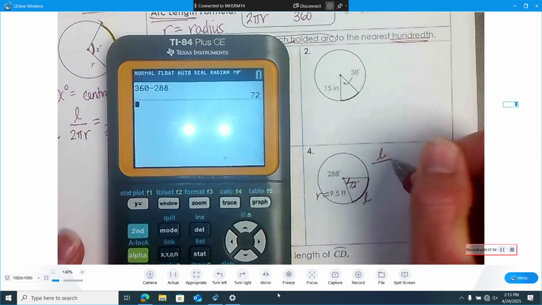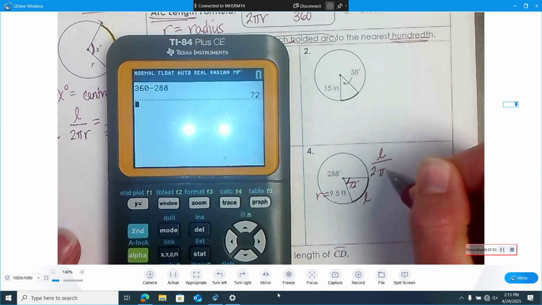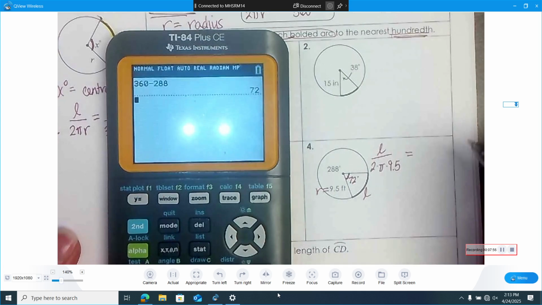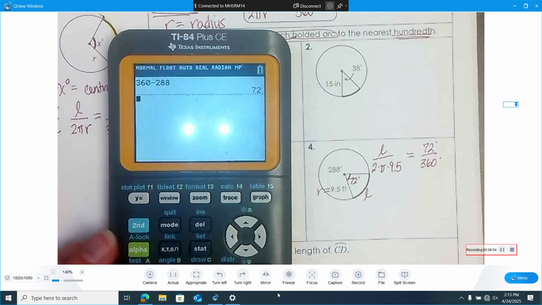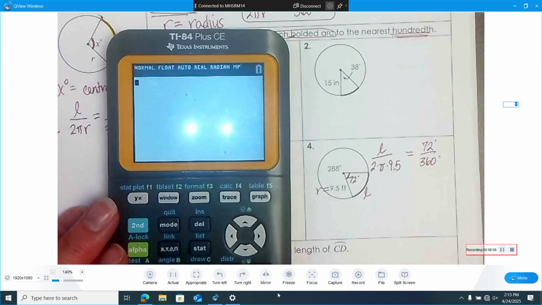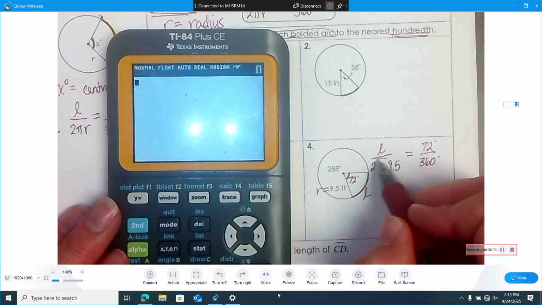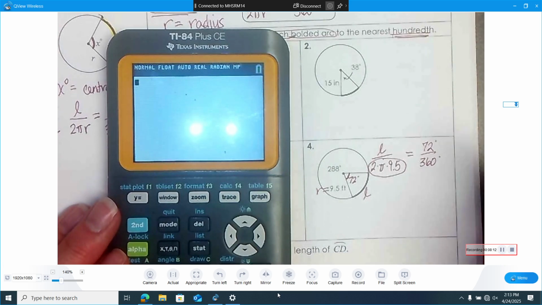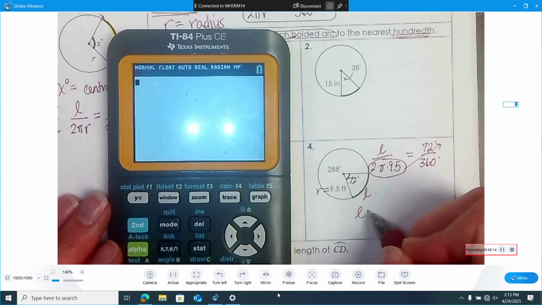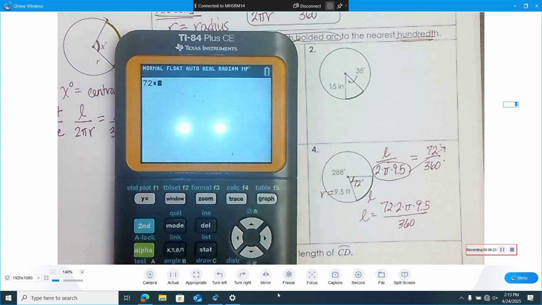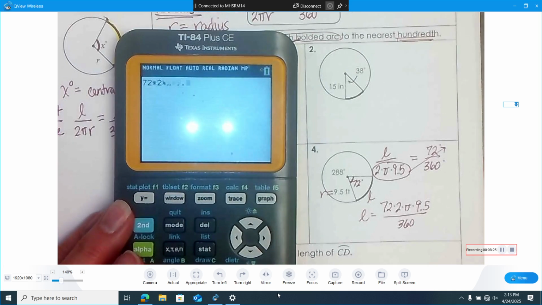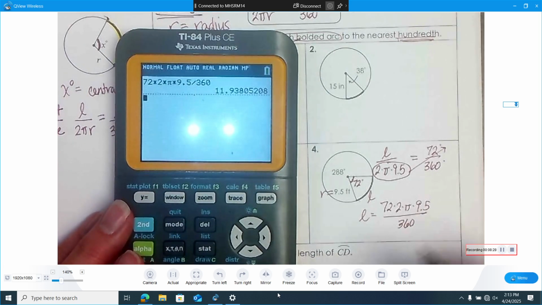All right, so I've got L over 2 times pi times 9.5, and that equals 72 out of 360. All right, so all I need to do is take all this stuff that right now is dividing L, and I just need to multiply it to the other side. So L is 72 times 2 times pi times 9.5 divided by 360. And we get